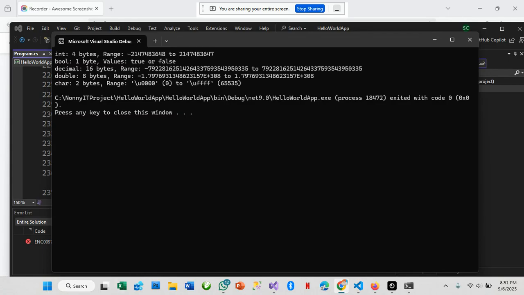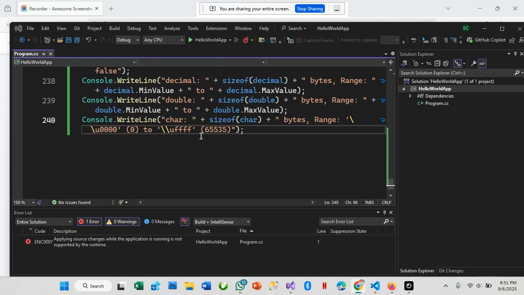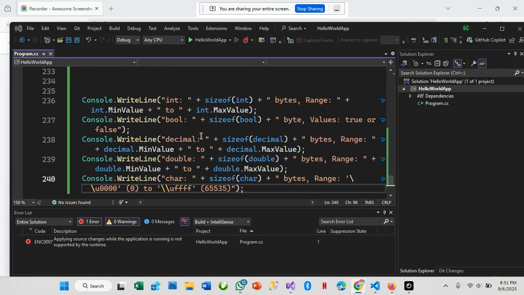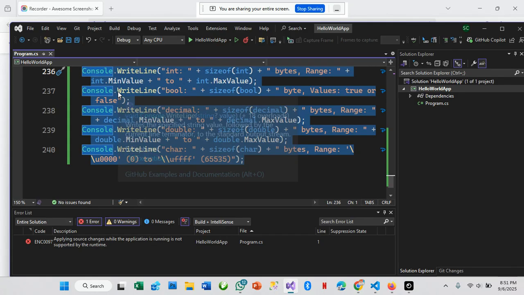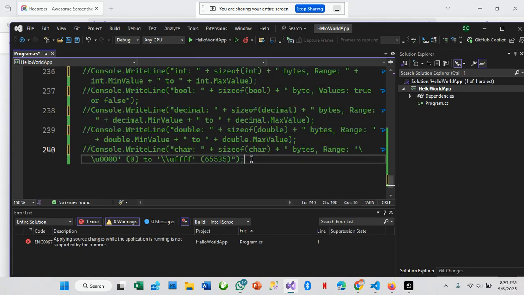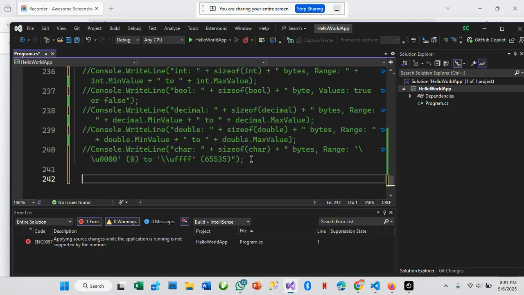Let me give you an example. Let me close this. Let me comment this out first. We'll go back to it, but let me comment it first. Like for instance, let's declare an int number is equals to 10,